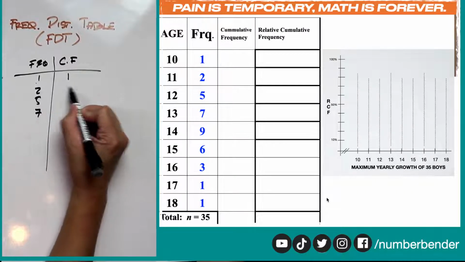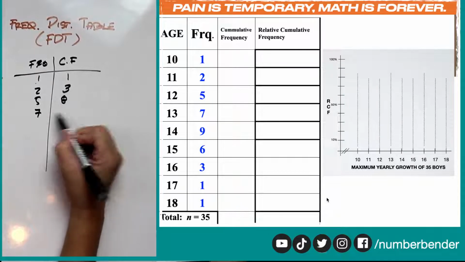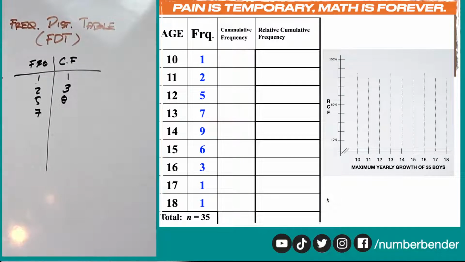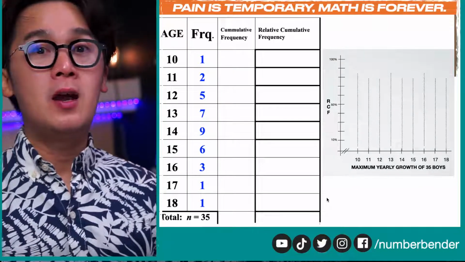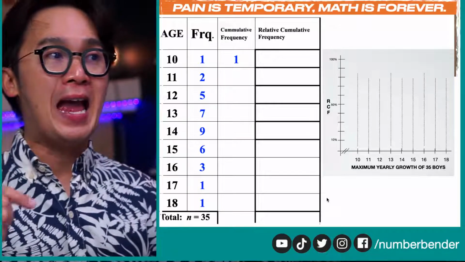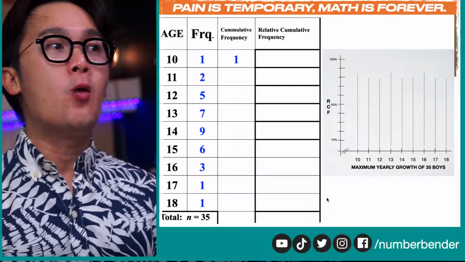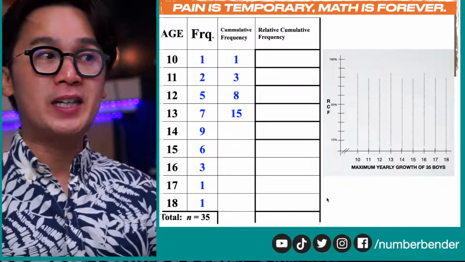So 1 plus 2 is 3, and then 3 plus 5 is 8, and then 8 plus 7 until you finish or complete your cumulative frequency graph. So let's begin completing our FDT, starting with 1 at cumulative frequency and then add it to the next one, which is 2. 1 plus 2 is 3, 3 plus 5 is 8, 8 plus 7 is 15, 15 plus